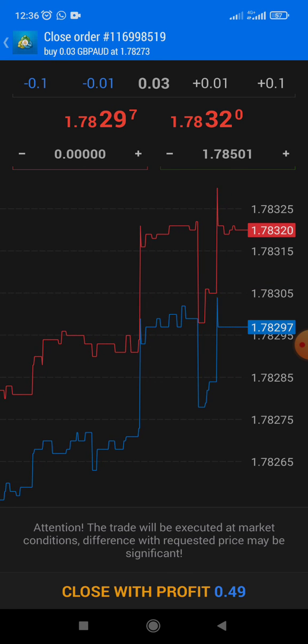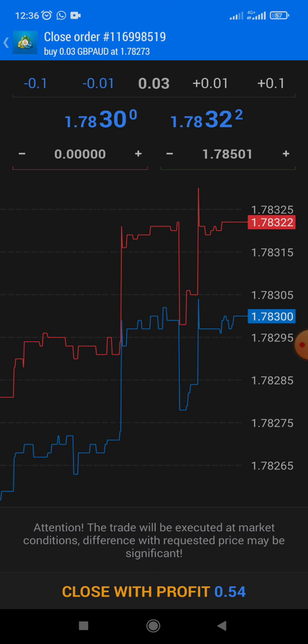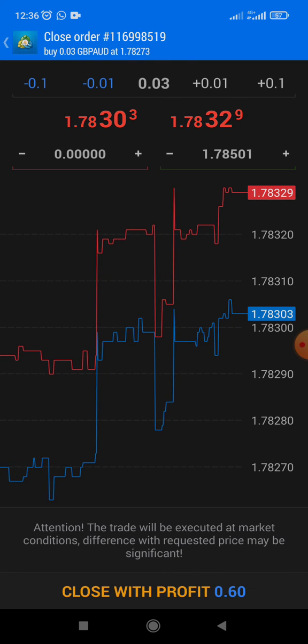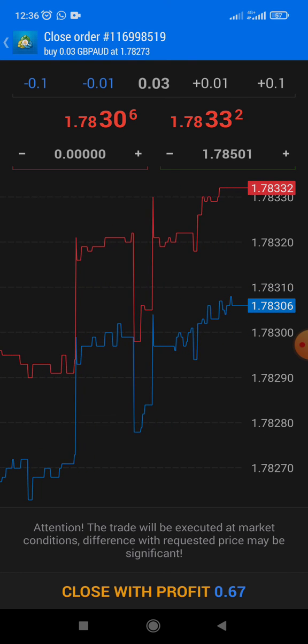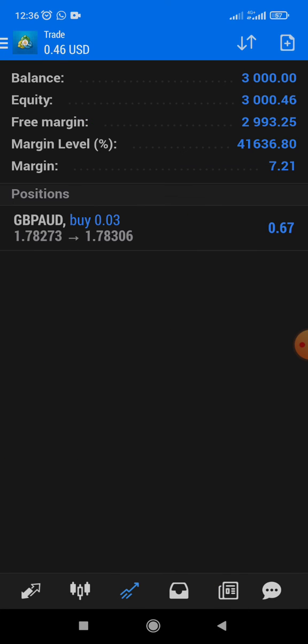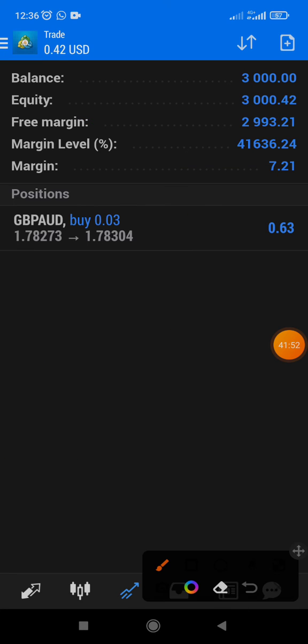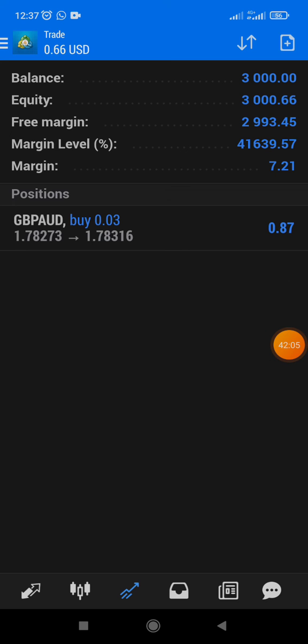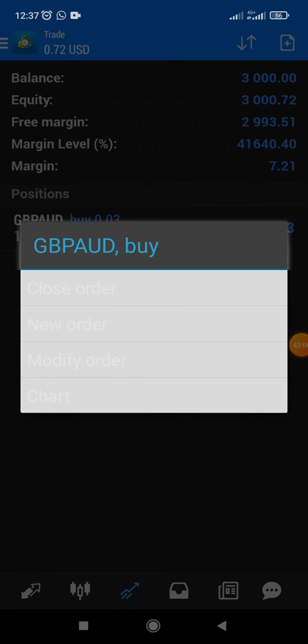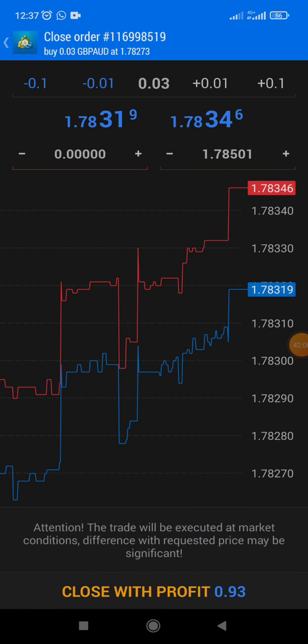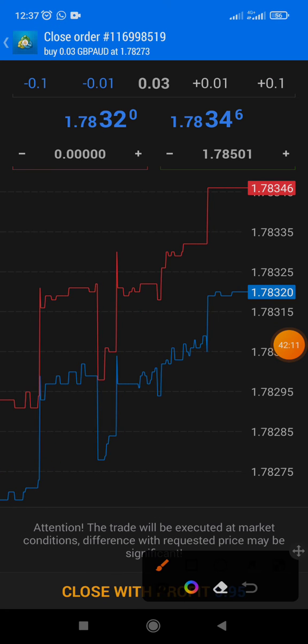And when you click on close order, you'll be seeing the profit here. Close with this profit. Now this profit you are seeing here is this profit over here. Let me say this again. Close with this profit. The profit that you see is this profit and not the one at the top. When you are about to close your trade, the pop-up you will see is not the price at the top. So if I click on close order, now the price you are seeing down here,